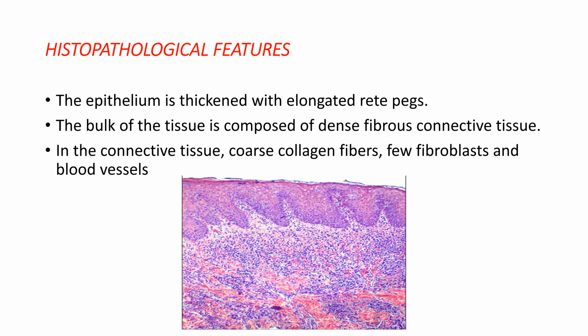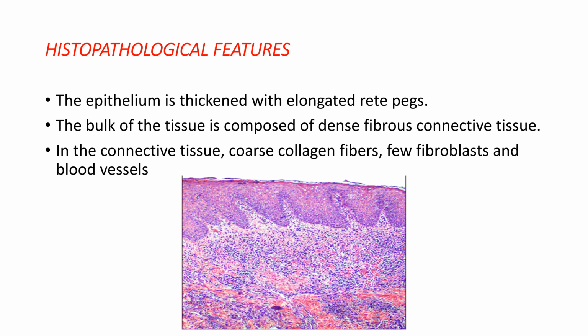Then the histopathological features of fibromatosis gingiva, or what are the microscopical features? This is fibromatosis gingiva, that means there is hyperplasia, so the epithelium is thickened. You can see the epithelium is thick with elongated rete ridges. The bulk of the tissue is composed of dense fibrous connective tissue. The connective tissue has more collagen fibers and some fibroblasts, and some amount of blood vessels are there